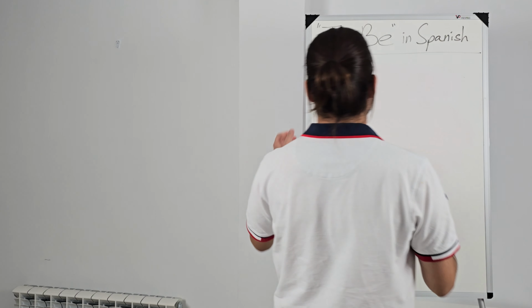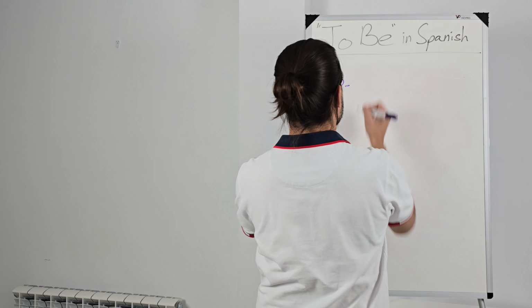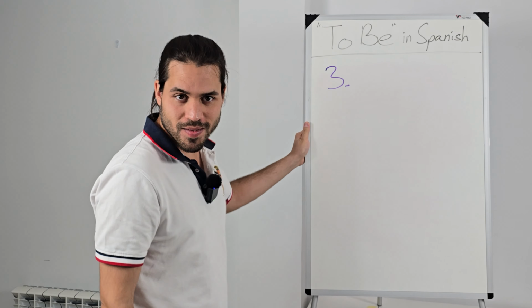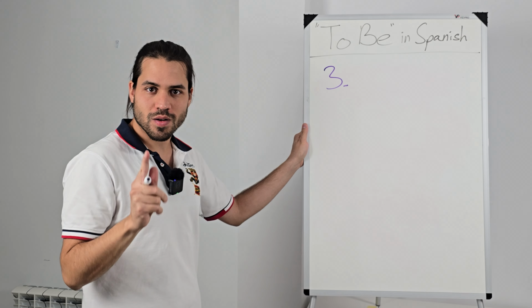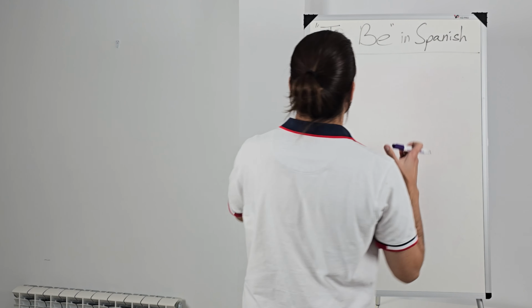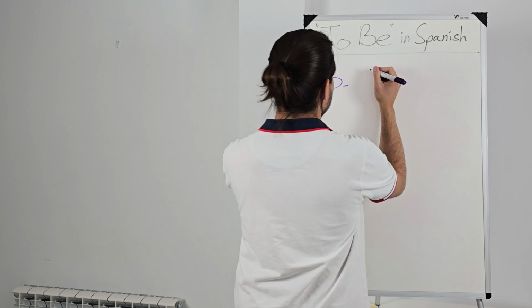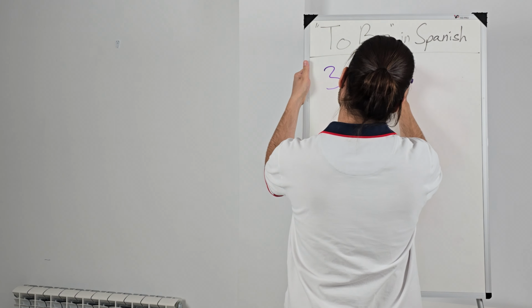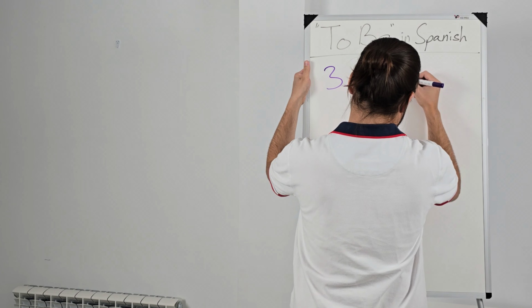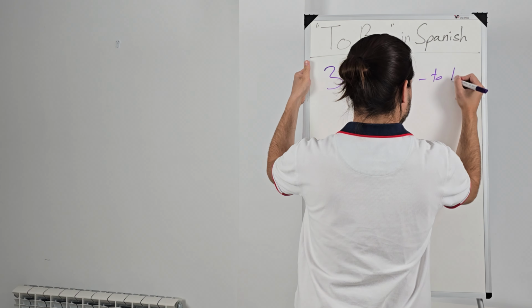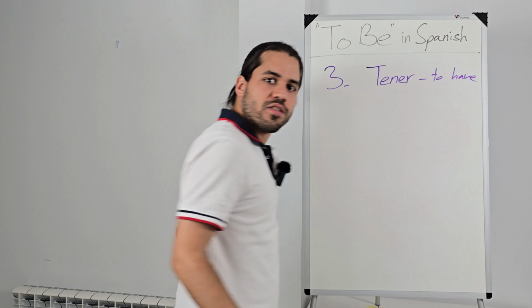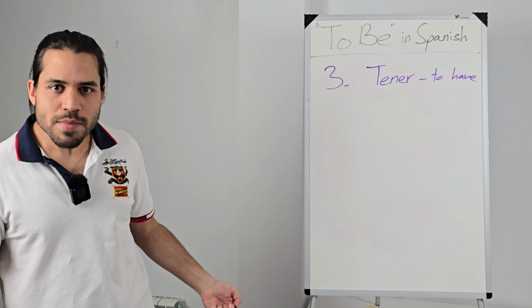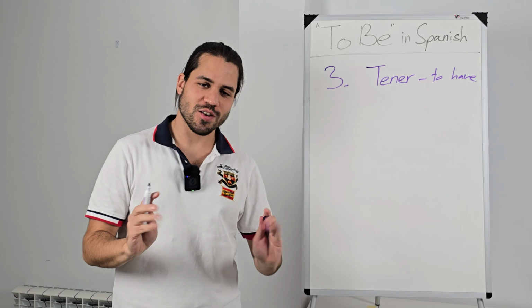Anyways, here is the secret third state of being, right? I'm halfway kidding, halfway being serious. Tener. To have. What? But that's not a state of being, Joshua. Did you lie to me? Yes and no. Okay, just hear me out for a second.